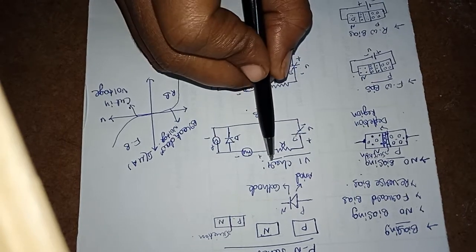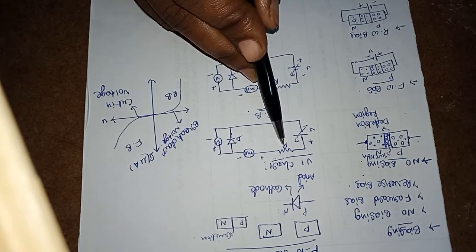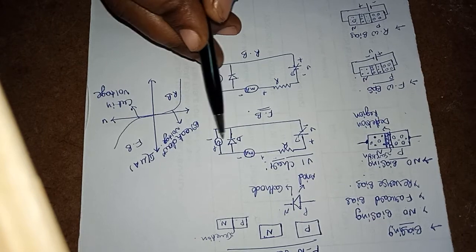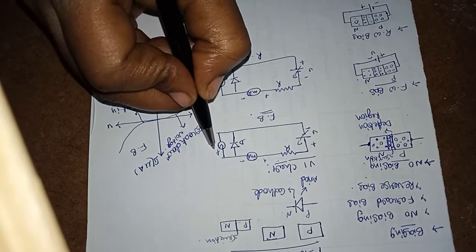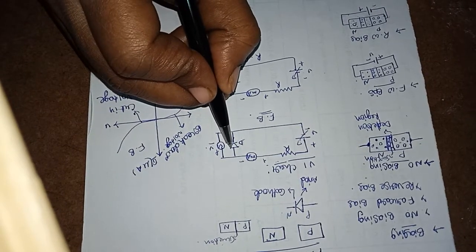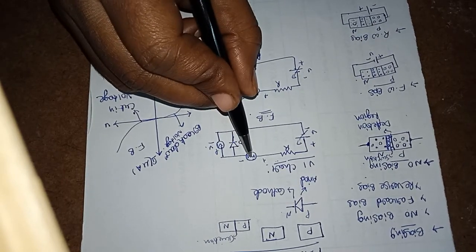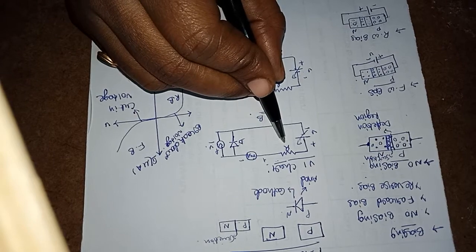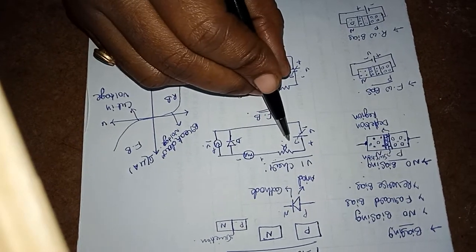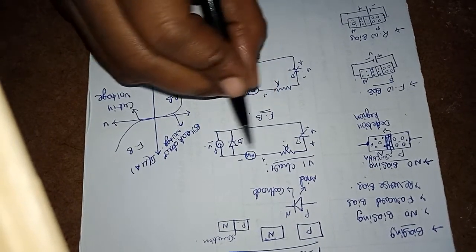So here we have the characteristics of the PN junction diode. Here V is the applied input voltage, R is a resistor, the milliammeter is a current ammeter, and there is a diode and a voltmeter. The voltage across the diode is measured using the voltmeter, and the current through the diode is measured using the milliammeter. The resistor, as we already know, opposes the flow of current, and it is used to protect the diode.